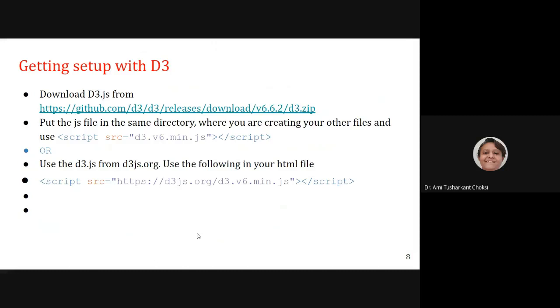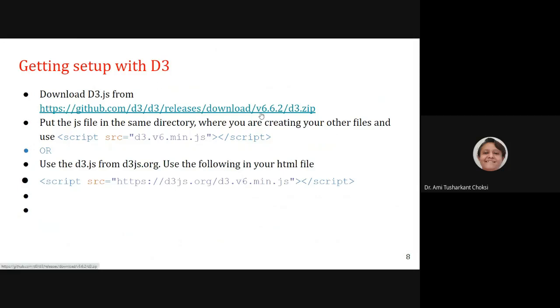So how to do the setup of D3.js? For that, we have to download the D3.js from this one, or otherwise the GitHub is there to download that, or otherwise what we can do is we can directly provide the online path, right?